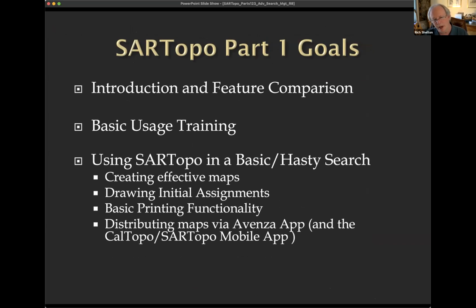Tonight, I'm going to go through an introduction of SARTopo. I'm going to go through feature comparisons, basic usage, getting you up to where you can put a good map together for like a hasty search potentially, putting basic objects on the map, and really touching on all the functionality,